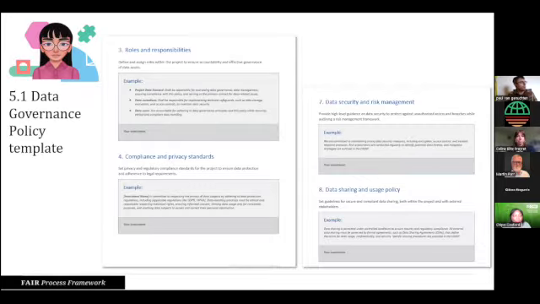What I have on the screen is a data governance policy template, right? You might find, like I was saying, that you're working with multiple institutions in a consortium. We need to agree who is responsible for what, and what data will be shared or not. So the high level principles of this project or consortium that we all say we're going to stick to, what standards of privacy we're going to stick to, how we ensure compliance, and so forth, so that everybody is clear that these are the high level principles that govern how data will be used and managed within this project. So at that high level.